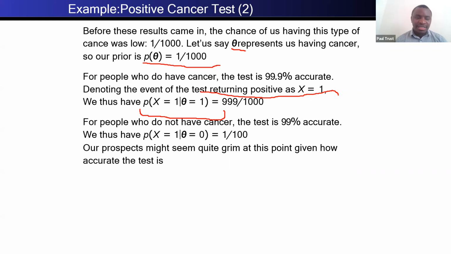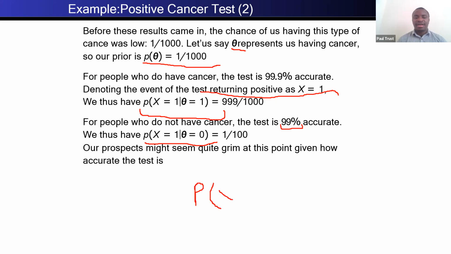We also have some other statistics. For people who do not have cancer, the test is 99% accurate. If you actually don't have cancer, the test is 99% accurate. The probability that the test returns a positive result, given that you do not have cancer, of course, we have to reverse this result. If you do not have cancer, the test is 99% accurate, but you know from the laws of probability that